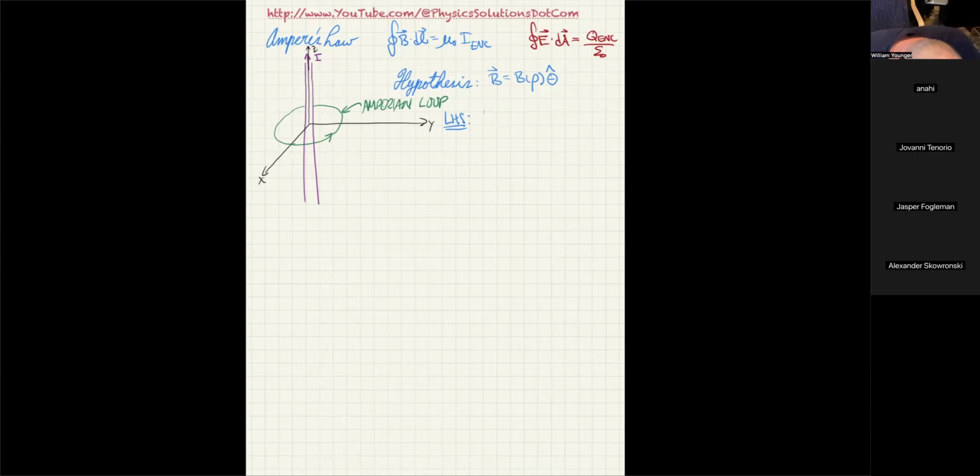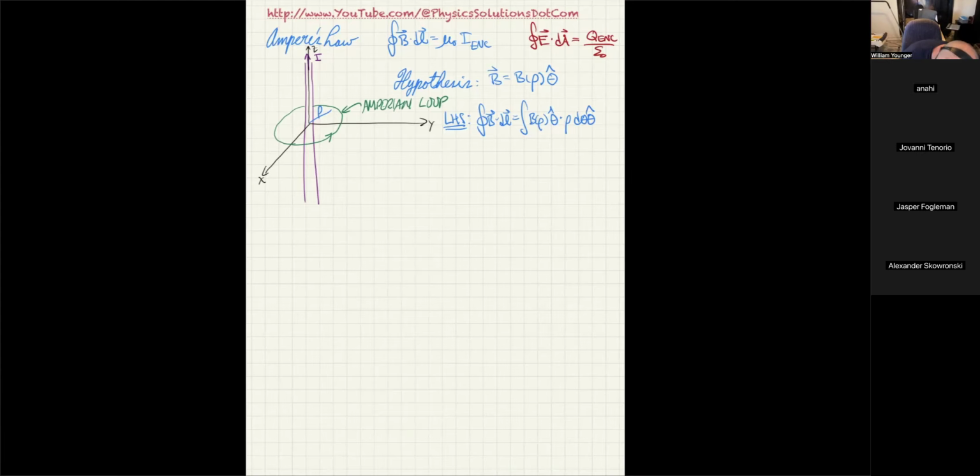And now I can say the left hand side of B dot dl is equal to the integral of B of rho theta hat dotted with, now my dl is supposed to be a little tangent vector along this path. That looks a lot like the dl vector I had in the last problem. So I'm going to say the radius of this Amperian loop is r, or excuse me, I'll say it's rho. So I'm going to say it's rho d theta theta hat,